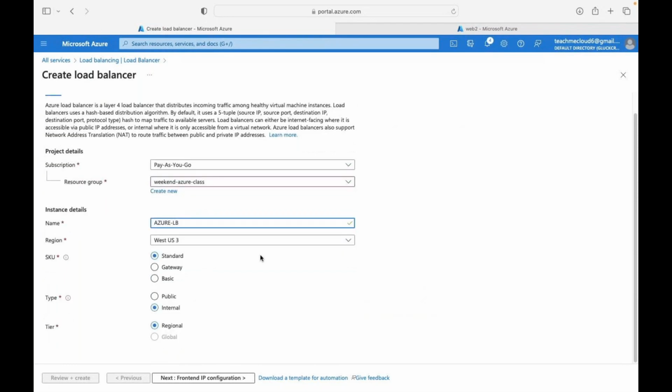Three different options are available: standard, gateway, and basic. So I'm just going to proceed with the standard, and see, we are able to find public, right? You must need to use public load balancer because we wanted to access from outside the network, from different location with the help of public IP address. If you want to access your website from outside the network, you must need to proceed with public. Next,